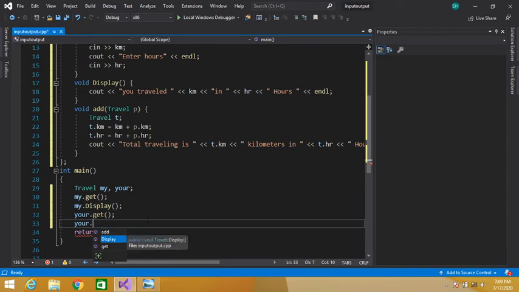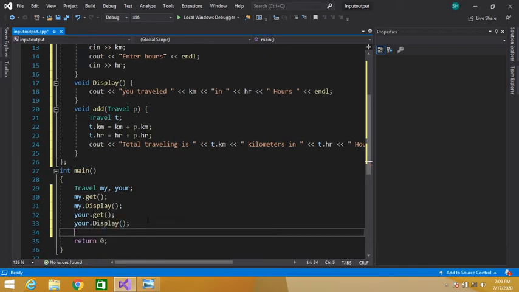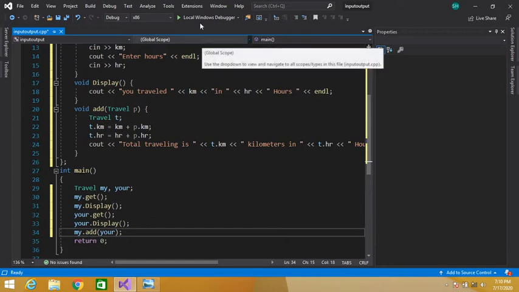Let's display the value using this object also. Okay, now it's time to call our add function, my.add, and here in the parameter we have to pass our object. Let's pass our your object. Okay guys, let's execute this program.